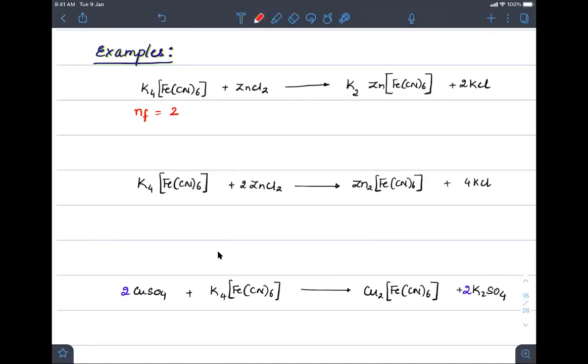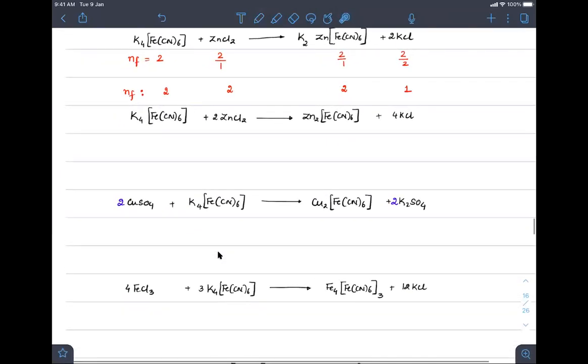So it is a balanced equation. In such a case, what do we do? We again take the same n factor divided by the coefficients, 2 by 1, 2 by 2. So now the n factor for all of them will be 2, 2, 2 and 1. So the n factor for this compound in this reaction is 2. Have you all got that?